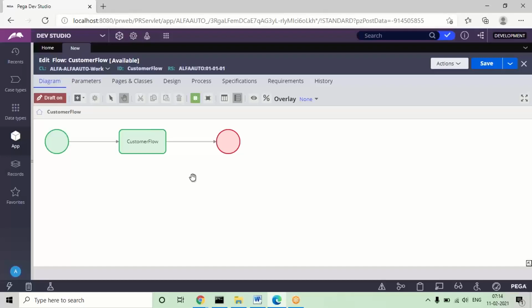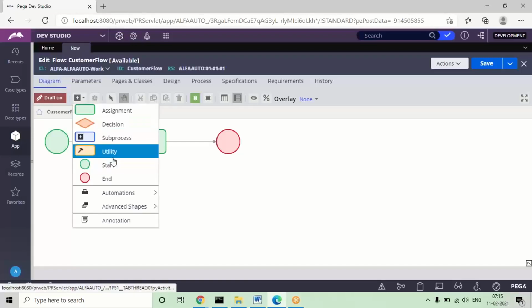If we want to map it in the flow, we can map it using this shape, but I cannot directly give the section name. If you give the flow action name, your UI design will automatically be integrated in the flow shape. In order to configure the UI design in the flow, we use the assignment shape. If I want to add a second UI design, another assignment has to be used. To add more shapes, in the header some shapes are available.